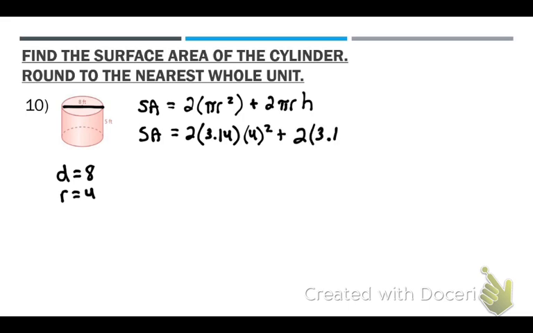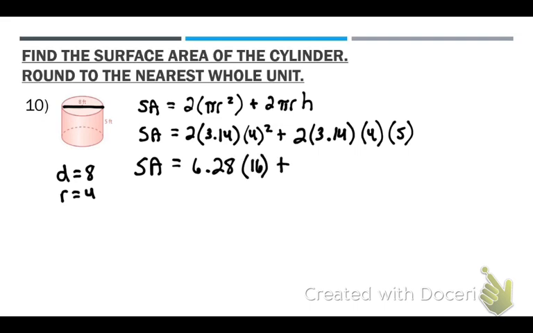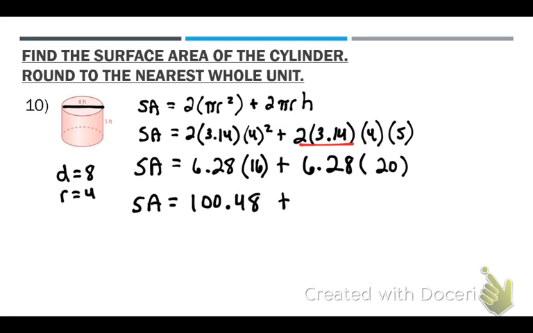All right, just remember that pi is 3.14. My radius is 4, and then my height is 5. 2 times 3.14 is 6.28. 4 times 4, or 4 squared, is 16. Once again, you've got this right here. Multiply those two together and you get 100.48. And then if you multiply 4 times 5 together, you get 20. Multiply that by 6.28 and you get 125.6. And you see that 100.48 plus 125.6 equals